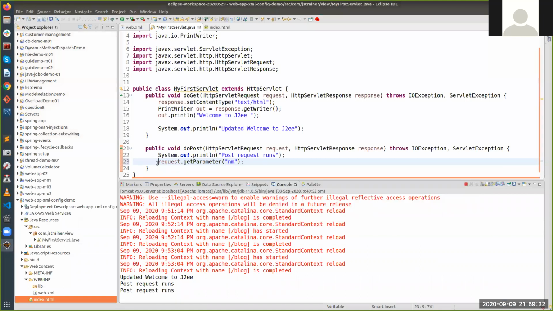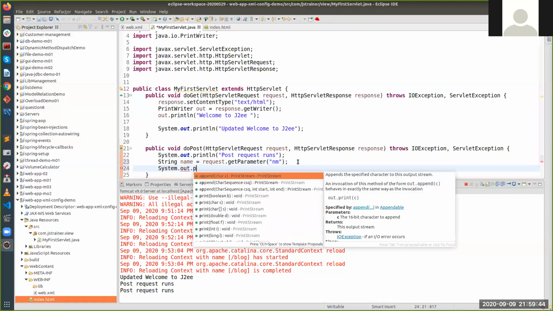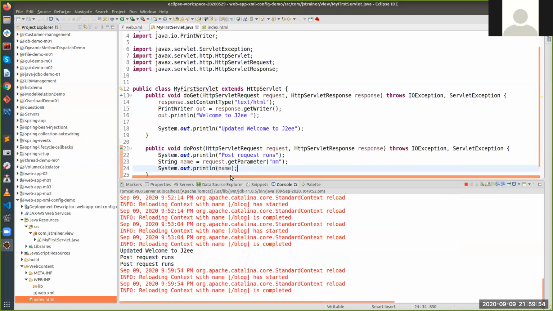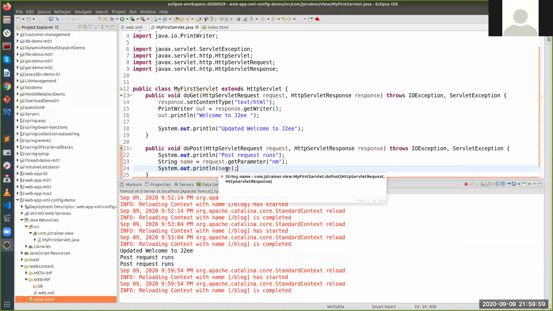So I'm going to get this string value. So I'll say String name is equal to this. So I got this value. We can display it with System.out, I'm displaying it to the server console, System.out.println, and we can print this name over here. So just to check whether I'm receiving this value in my post method or not, right? I can do a lot of things over here. I can send it to the database, right? I can do any API integration.